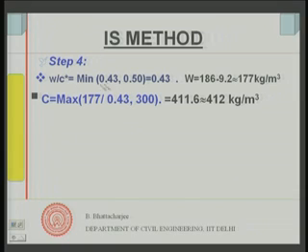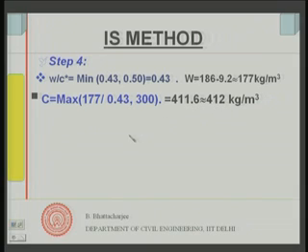Okay, let us see. Now, water cement ratio, you remember that it should be the minimum of the water cement ratio found out from the curve, and the one corresponding to durability. So, therefore, 0.43. Water we found out to be 186 minus 9.2, the adjustment because of the rounded aggregate and because of compaction factor change, and if we subtract this 9.2 we get 177. Therefore, I can find out the cement content, which will be the maximum of 177, the water content, divided by 0.43, and 300, which makes it 411.6, about 412 kg per meter cube.